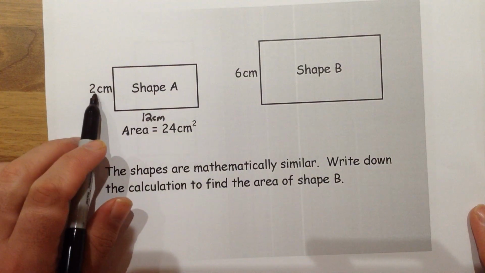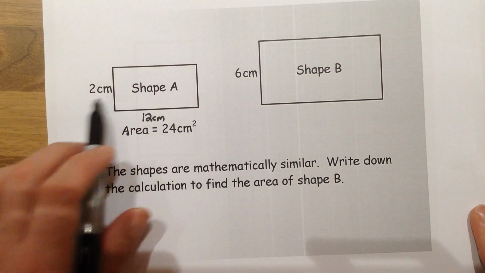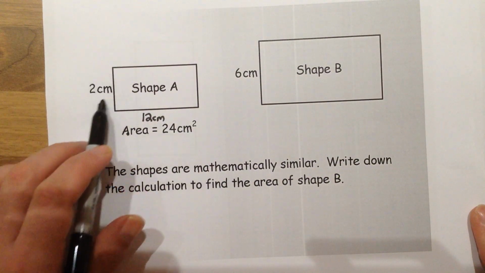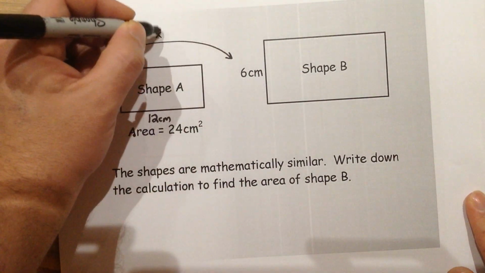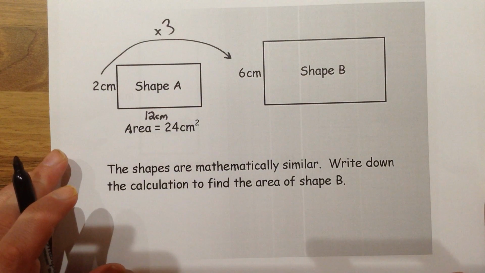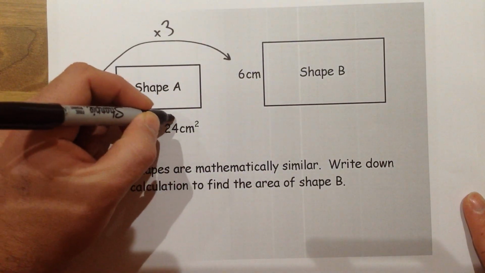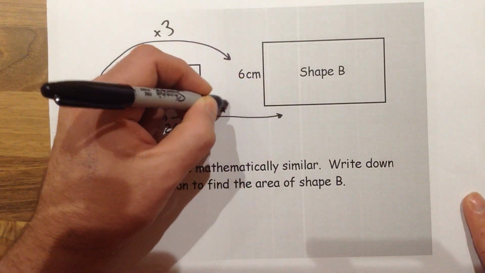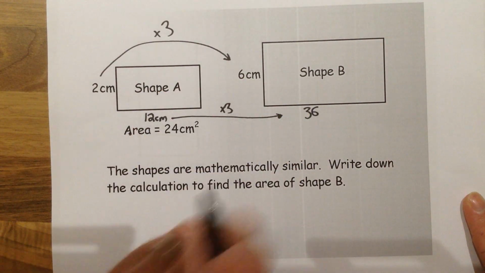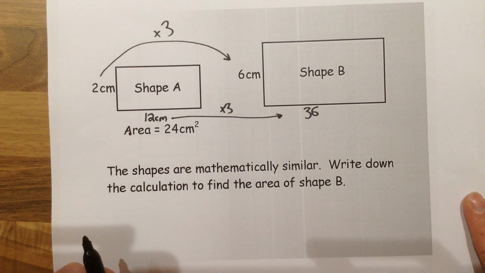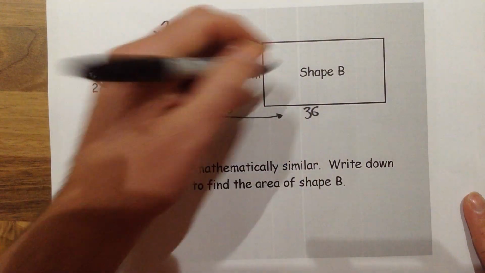Now if you notice, the scale factor for this shape compared to this one is 3, because I would need to multiply this side by 3 to make 6. So here I'm multiplying that side by 3 to get the larger shape. So I would have to do the same to the other side as well. So I'd times that one by 3 to make 36. Now if I work out the area of this shape, in other words if I do 6 times 36, this gives me